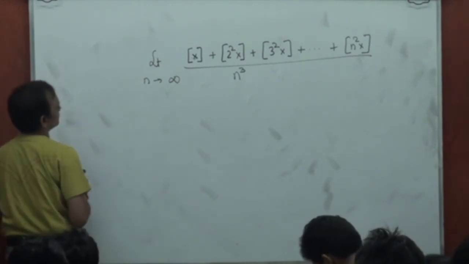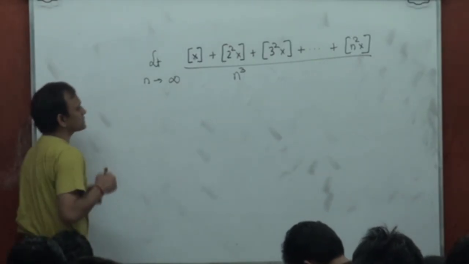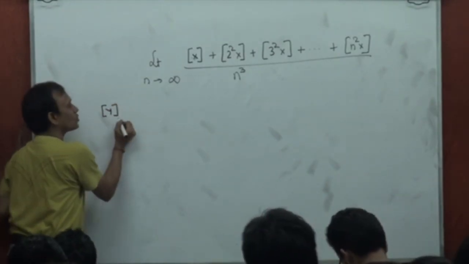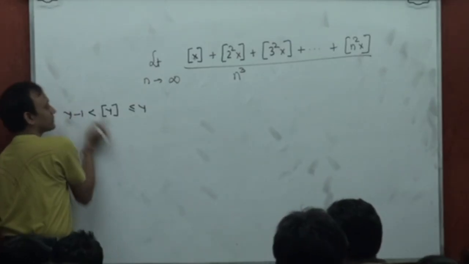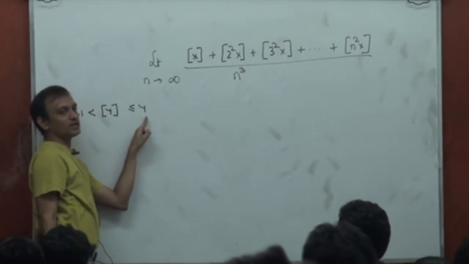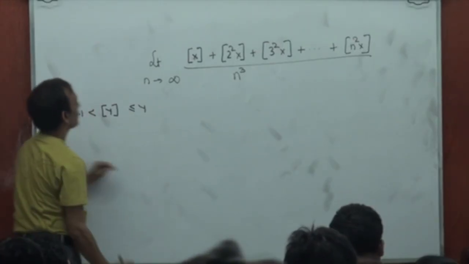One thing, if you recall from the properties of floor functions: floor of y is always less than or equal to y, but greater than y minus 1. Remember this? Floor of y will always be less than or equal to y, but greater than y minus 1, right? So then,